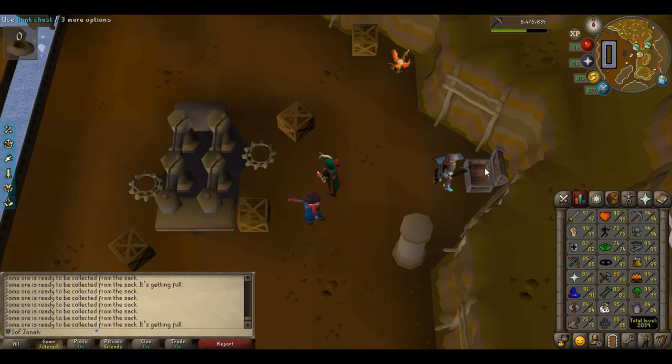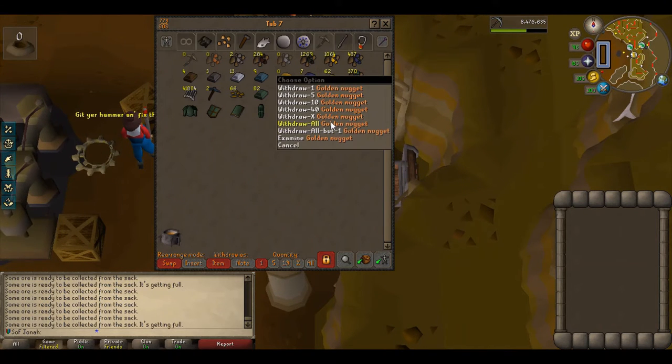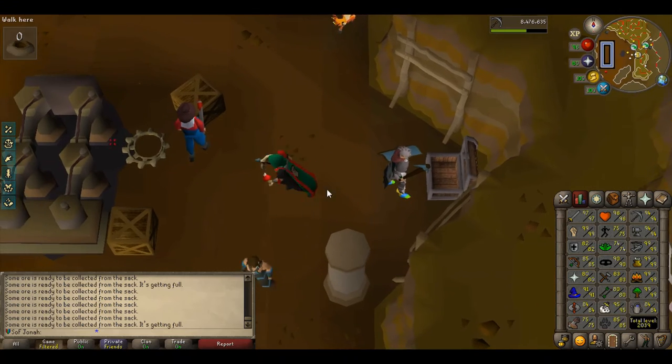Okay, so I've been mining for a while. We are currently 94 mining. I think we started with like 92. Anyway, we should have enough nuggets now to purchase a...